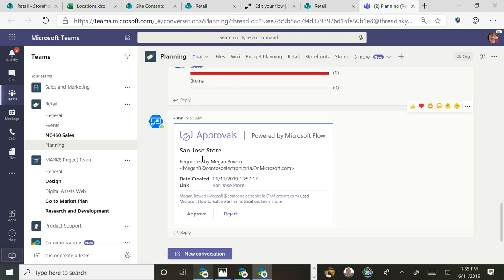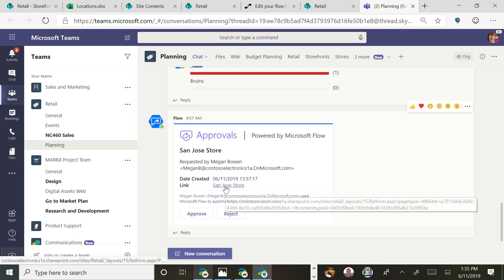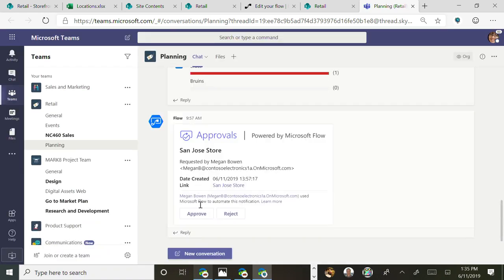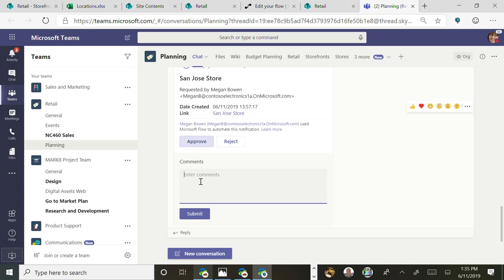You'll see that it's powered by Flow, who requested it, what the title is, what a link for more detail, and you can choose to approve or reject it, or refresh the screen. I'm going to say that I want to approve it. You can add comments. Actually, this one's already gone through process, so I'm not going to submit this, but that's essentially what the adaptive card cycle looks like. Let's come back here.